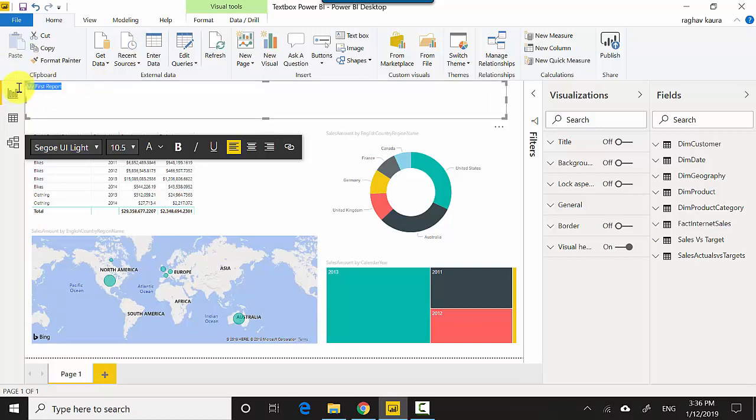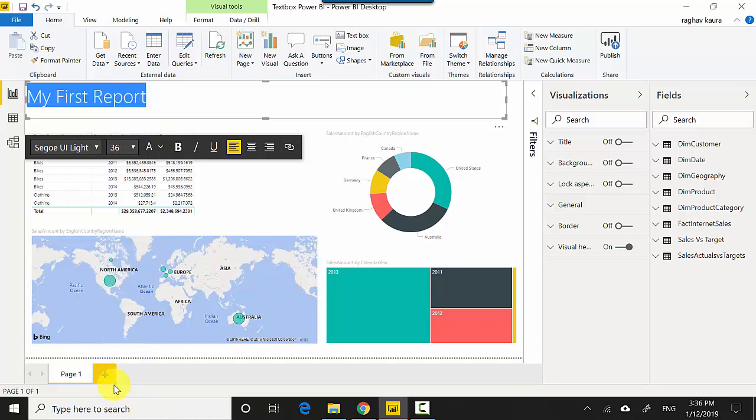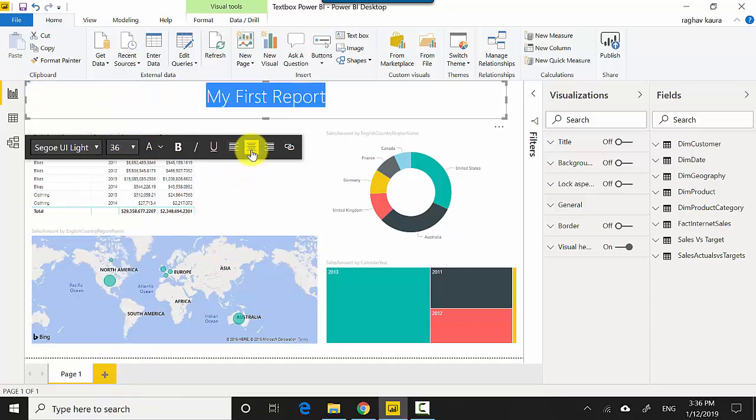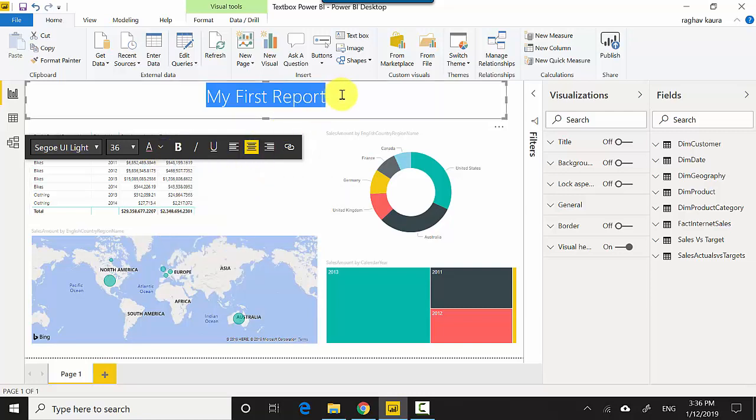And then I'll just format it. So I'll just select this, I'll change the text size to 28, a little more, maybe 34 or 36. I'll center it and I'll change the color to maybe a different one. That's it. And I'll maybe make this bold and underline. And maybe I can just call it